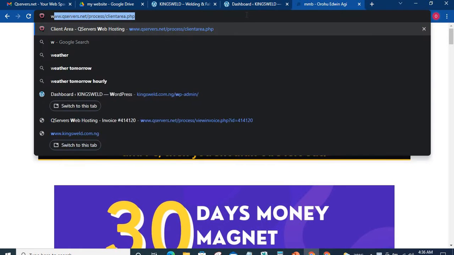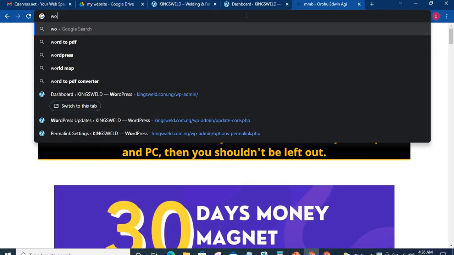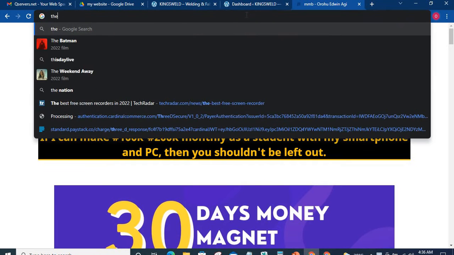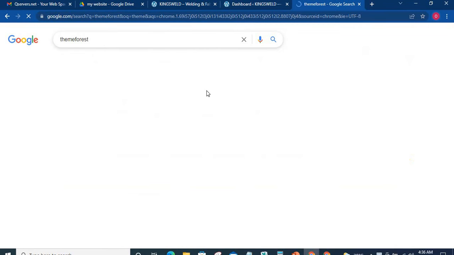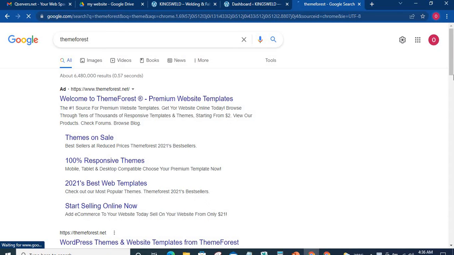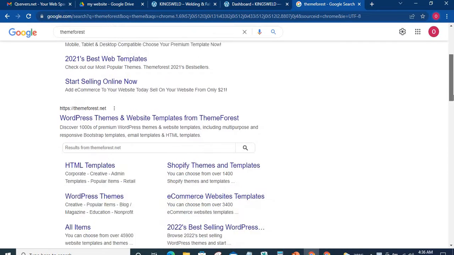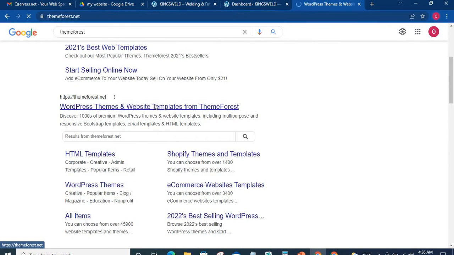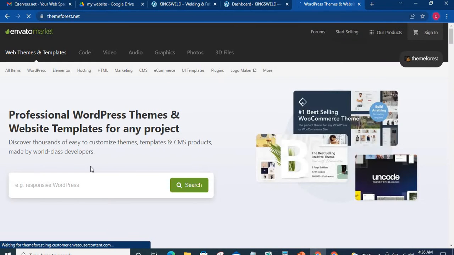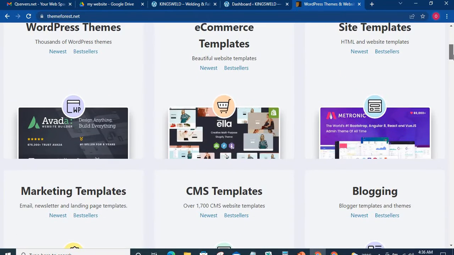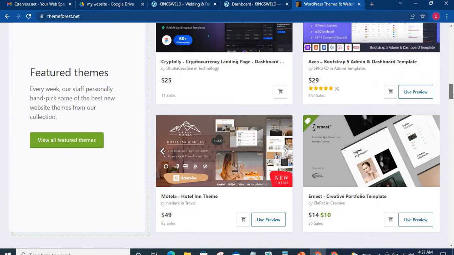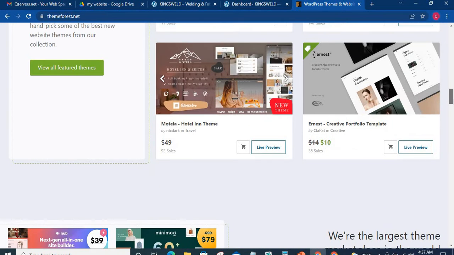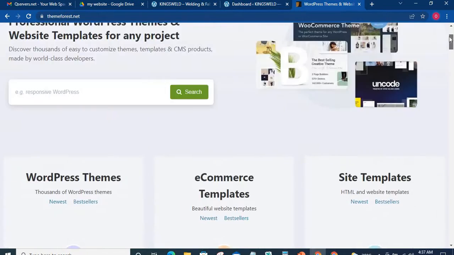So we'll go to WordPress. Okay, let's go to ThemeForest. If you get to ThemeForest, you see a whole lot of themes that you can use, but mind you, they are not free, they are paid themes. You can see. So what you need to do is search for what you want to work with before you proceed. Any website you want to work with, get an idea of the website